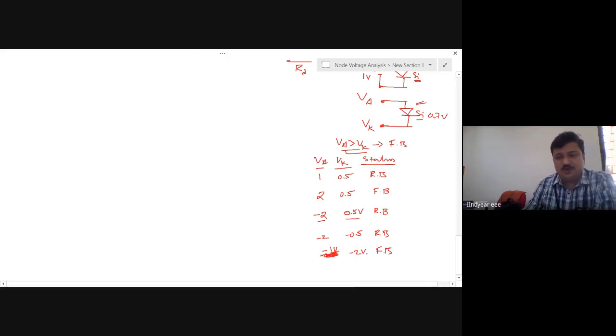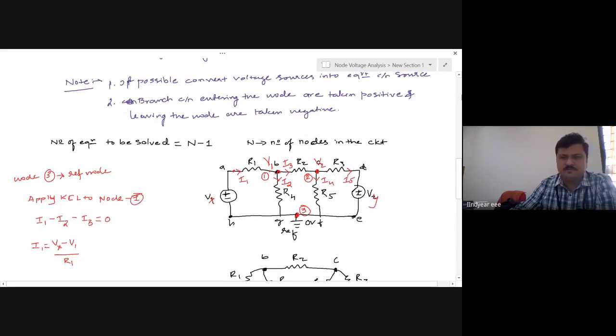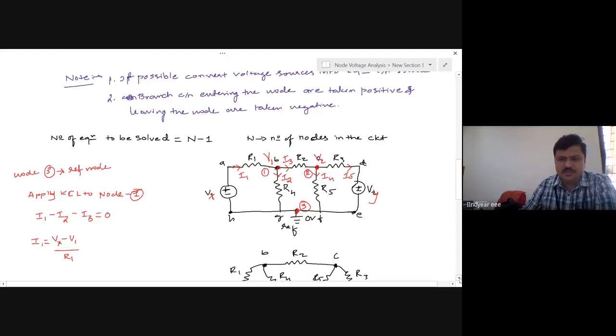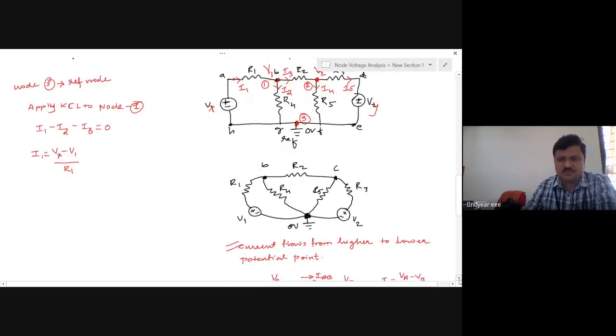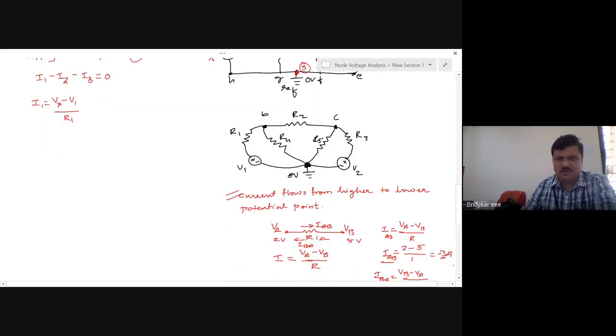Then higher potential point and lower potential point can be with any values, is it? Higher potential point, if it is -100 volts, okay, one anode is at -100 volts and cathode is at -102 volts. So -100 is more positive than -102. Therefore, diode is in forward bias condition. This is the concept of voltage potential difference. Now coming back to this point, this is extremely important in clippers and clampers. I think that you have done already in the class.